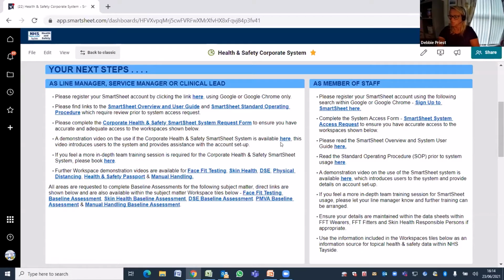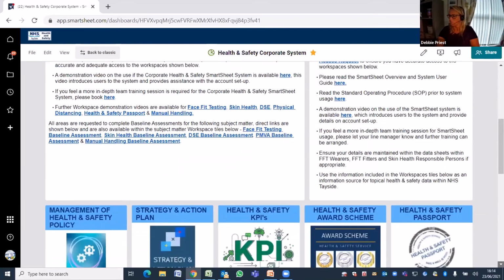So all data is shared only to the people who have accessed the request through this form. There's also demonstration videos which I have created for the Smartsheet overall system, and then further down there is demonstration videos for specific workspaces as well. And there's also an opportunity for them to book further training sessions with myself using the link here as well. So we have asked all areas to complete baseline assessments for specific areas, so those links are directly there. So I will show you the actual